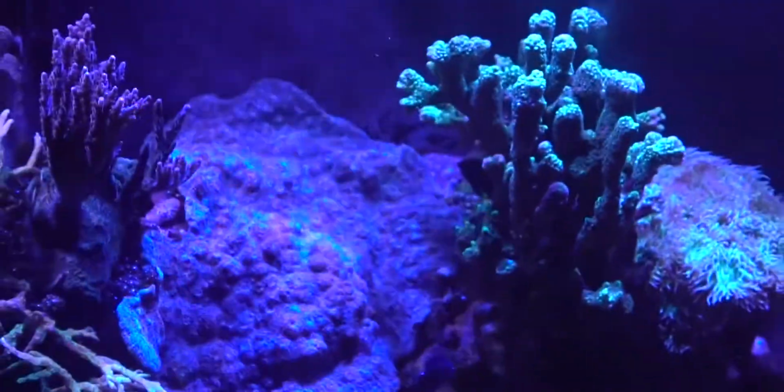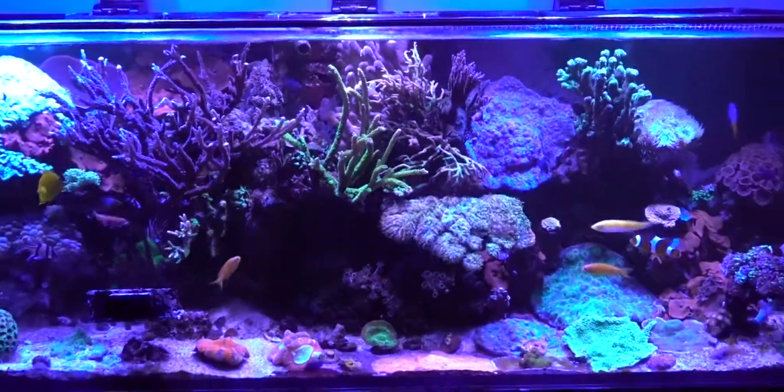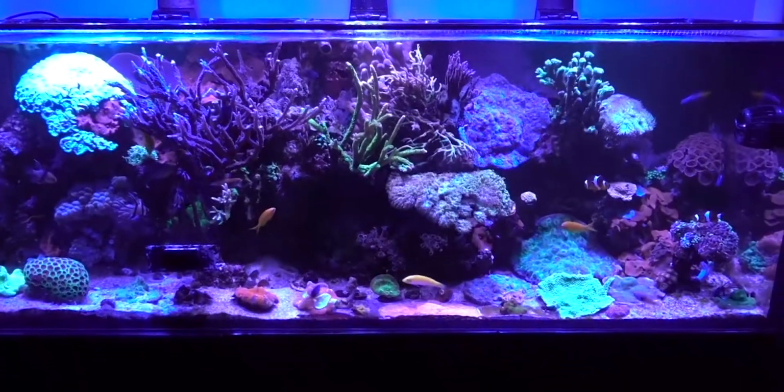But overall, I'm just really happy with the tank. Happy with how it's progressed. I'm looking forward to seeing how it evolves over